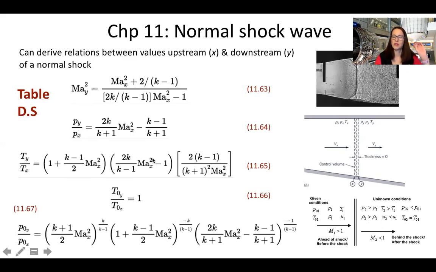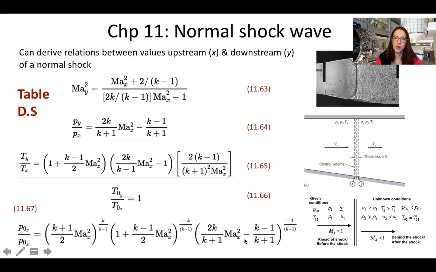Third equation, again, just given Mx, we know the ratio of static temperature before and after the shock. Fourth equation, this is really interesting. The one quantity that does not change across a shock is stagnation temperature. And then our final equation here, we can calculate the ratio of stagnation pressures across the shock, again, given only